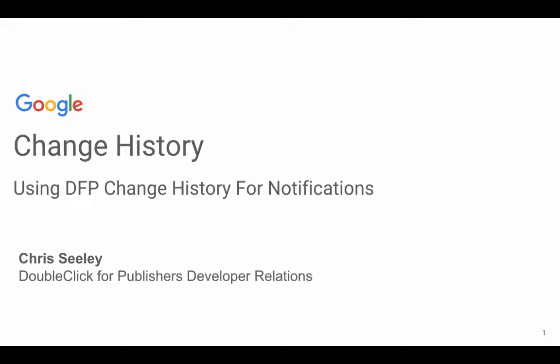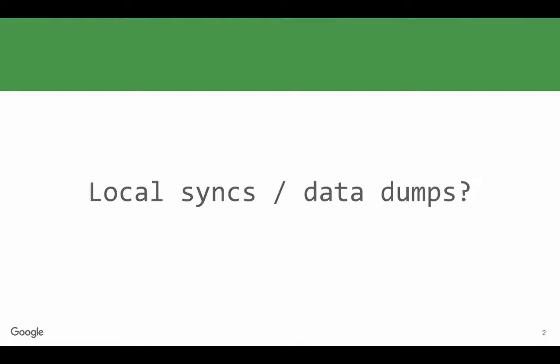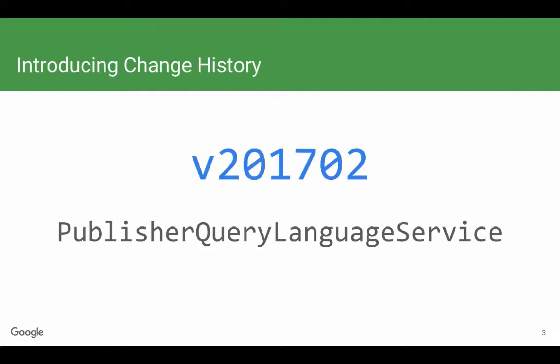set up notifications. So to start with, we found that a lot of our developers are doing local syncs and essentially data dumps of information in the API. And one of the things that we've gotten a lot of requests for is being able to access change history, so you know exactly what entities change. So I'm happy to announce that starting in v2017-02, we've added a new table to the Publisher Query Language Service